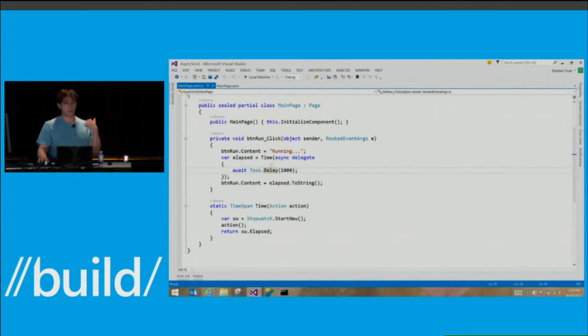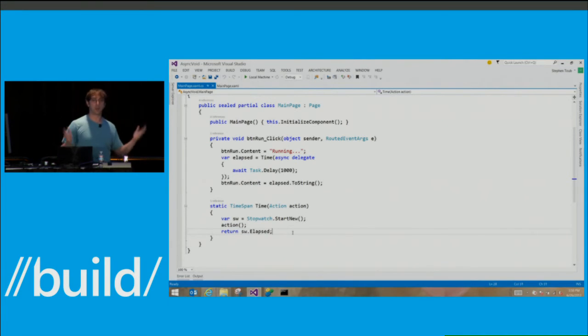So this piece of work here, when I run this action, all that's really happening is I'm calling task.delay. It's immediately returning to me a task that will complete in 1 second, and then the action completes. Meanwhile, the asynchronous method is still off and running, but this action already returned, and that's why we saw that it was taking 100 microseconds or something, because the asynchronous operation was kicked off, but because it was an async void method, it was off and running in the background, and I wasn't able to find out when